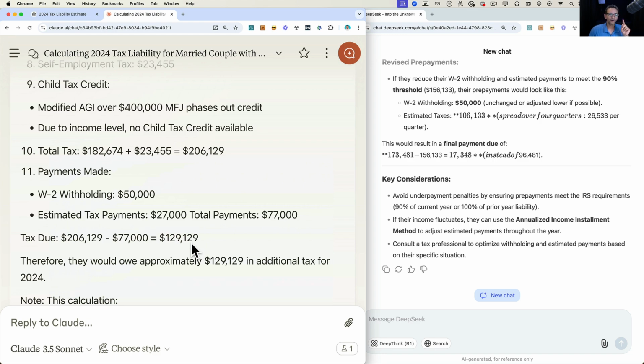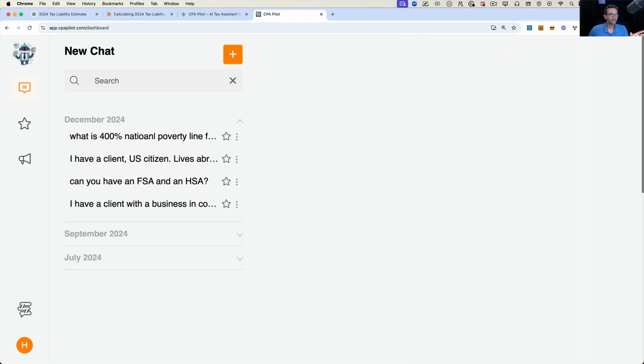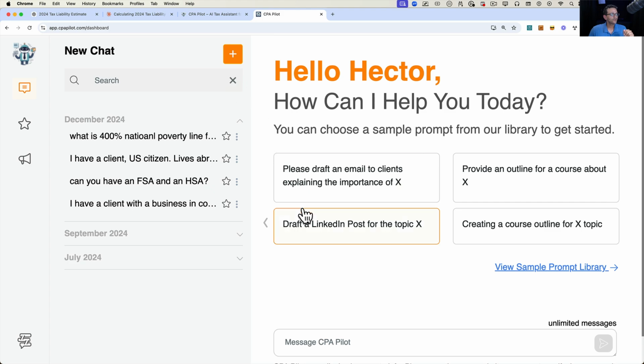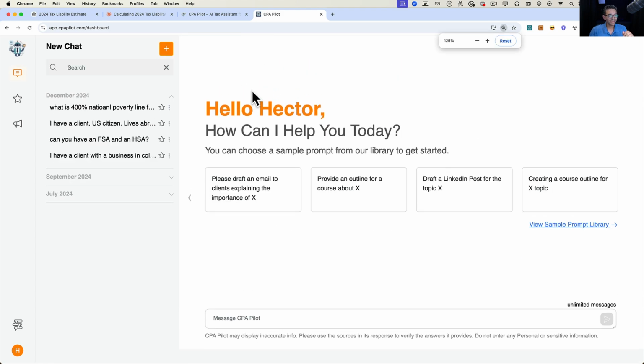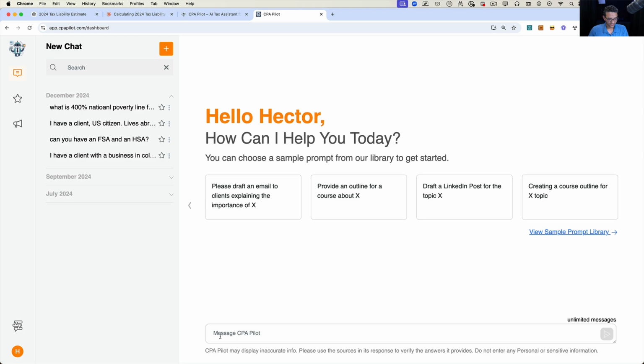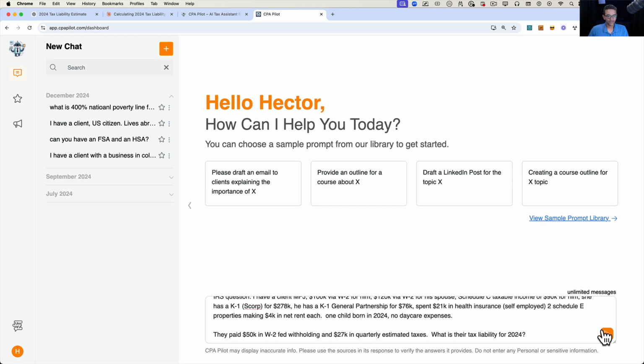Let's ask one more. This one's called CPApilot, which is designed to work only for accounting concepts. By the way, CPApilot runs through OpenAI, so it uses the same engine as ChatGPT. They just created processes where they give it specific guidance on how to calculate the information.